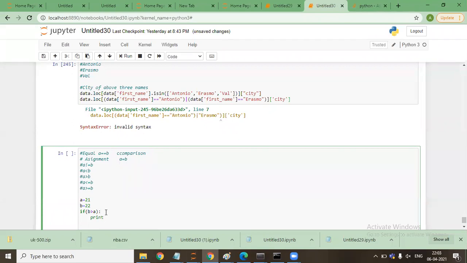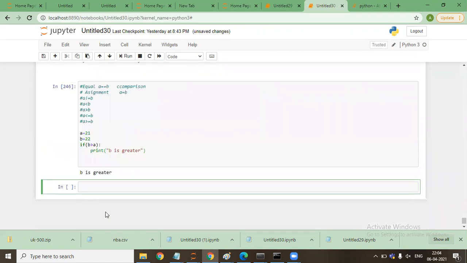So if B greater than A, then print B is greater.